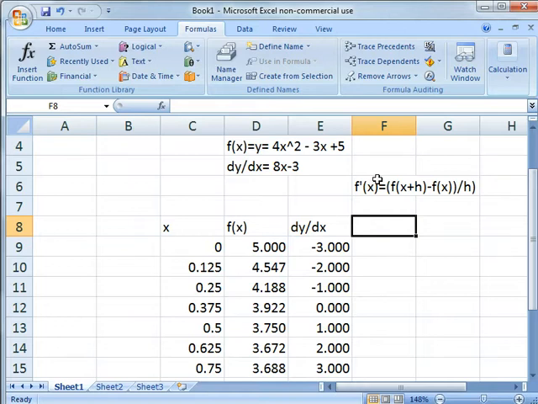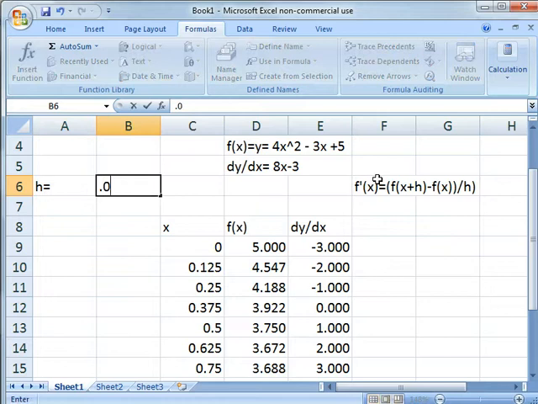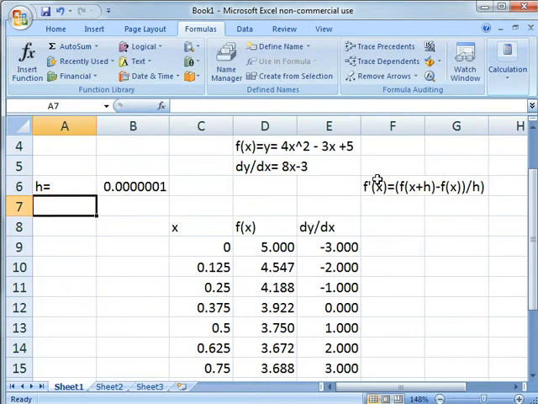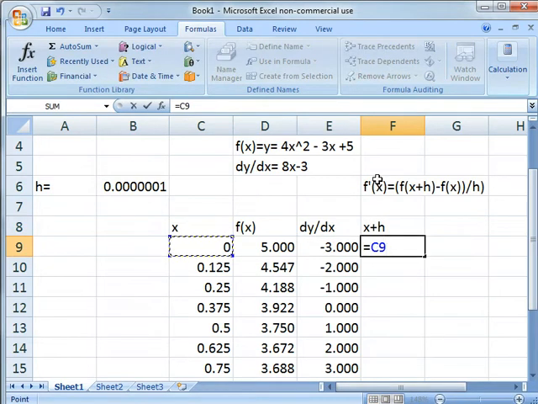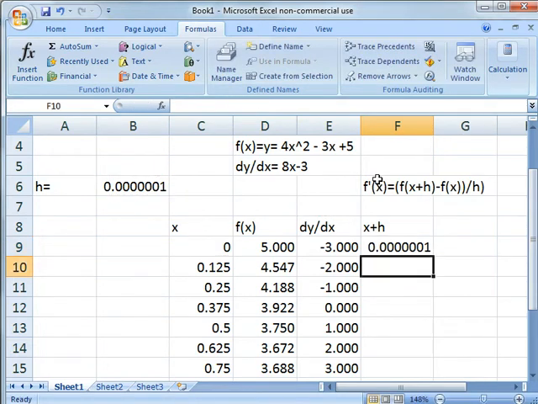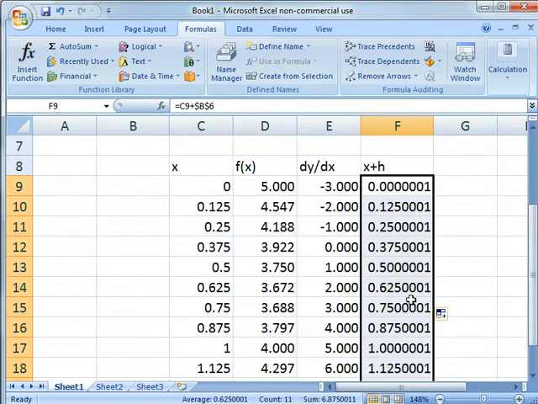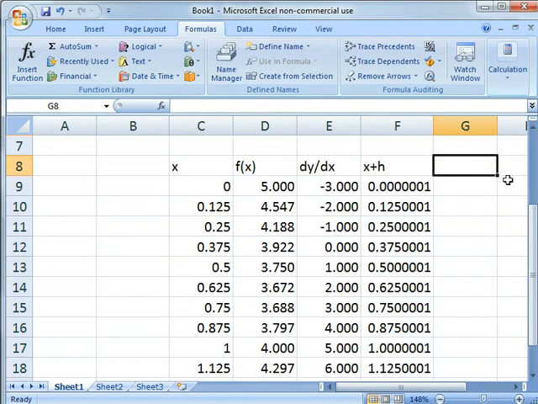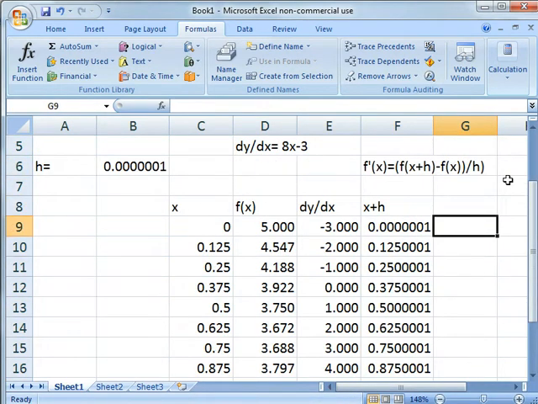So for that purpose, we need to define the value of h, and let's say that I define h as equal to a very small value, 0.0000001, that's one tenth of a millionth. Okay, so that's going to be our value. We can compute x plus h here, and that formula we can use for all our domain, and with that we can compute now f of x plus h as the square of